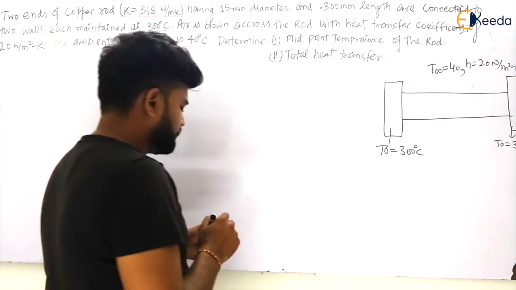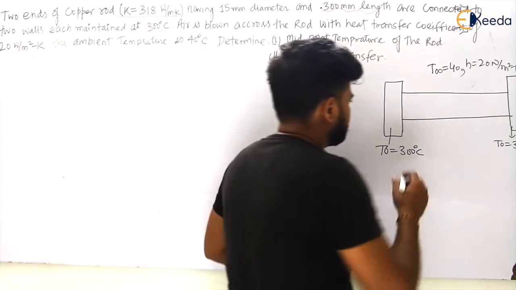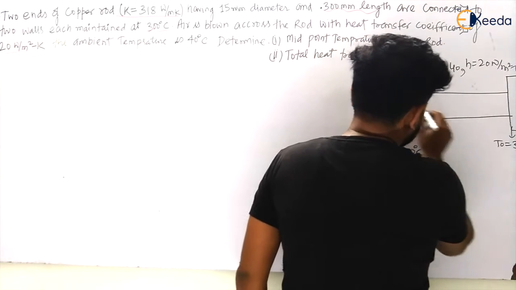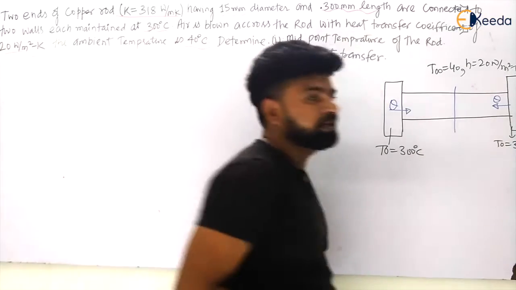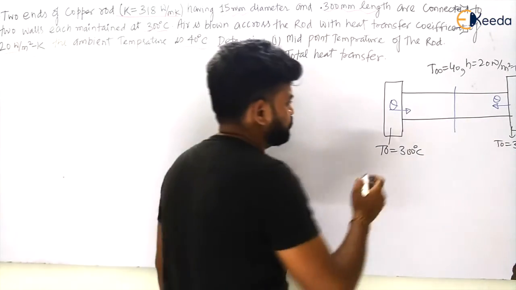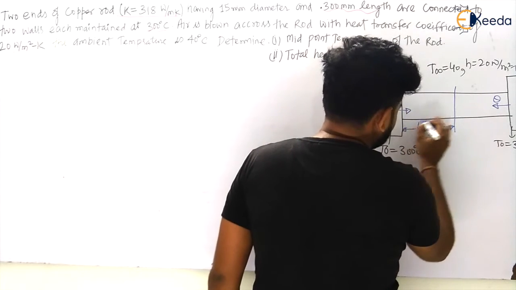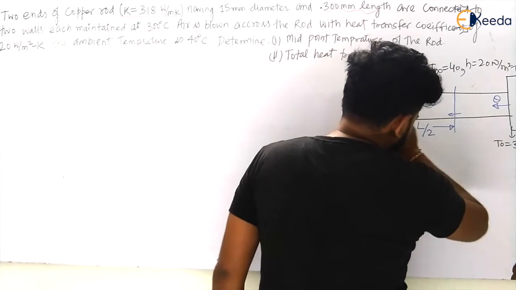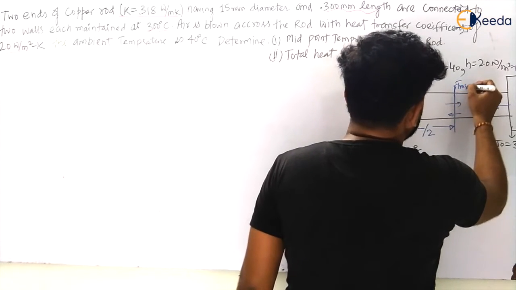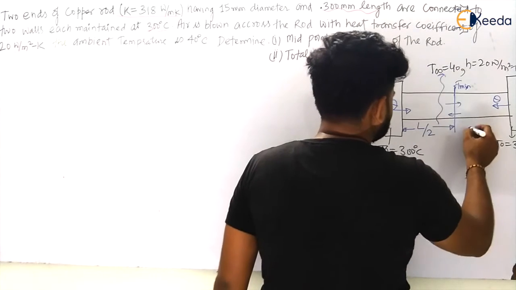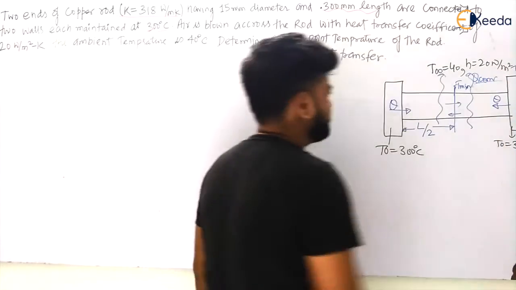So what will happen, my dear students? There will be some heat transfer from this side to this side, that is Q, and again from this side to this side, that is Q, and there will be some minimum temperature in between, at L by 2. There will be a minimum temperature at the midpoint, because then there will not be any heat transfer from one side to the other when there is T minimum. So all the heat will be convected like this, and the heat will be transferred by convection, my dear students.